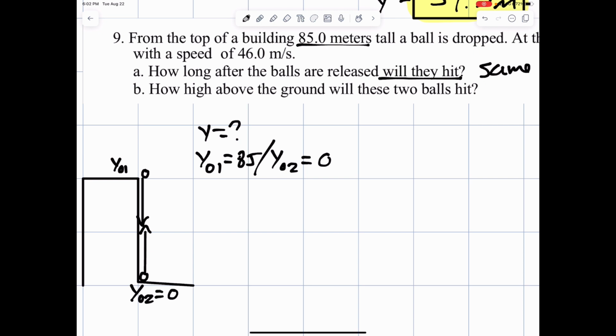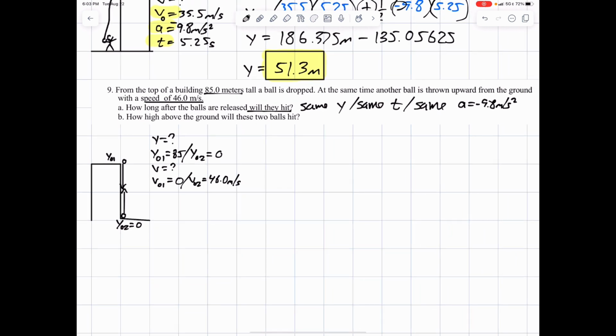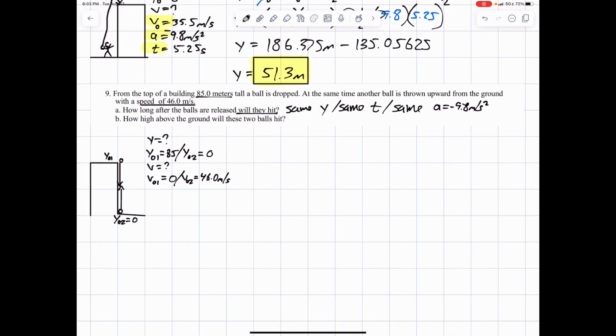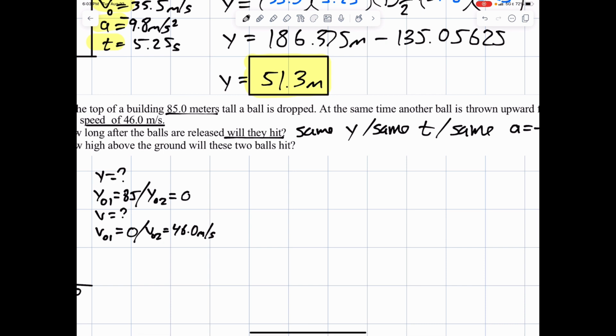Okay, V naught, so we have V. I don't know what the final speed is right here, but V naught for ball 1 is going to be 0 because it's dropped. Okay, and then for ball 2, it's going to be its launch speed, which is 46 meters per second. Okay, got that. So what we're going to do now is create 2 equations to model each of these. Okay, so ball 1, the dropped ball,